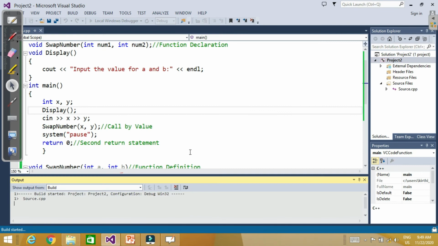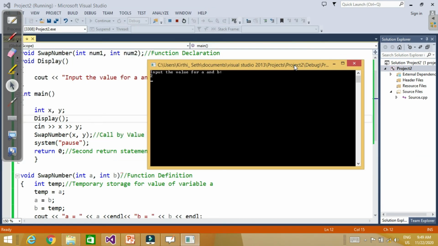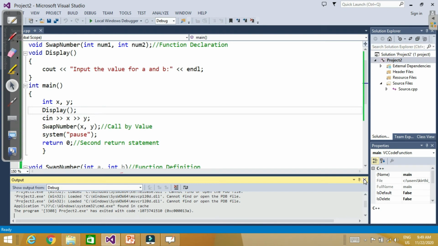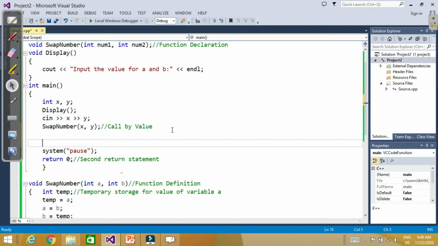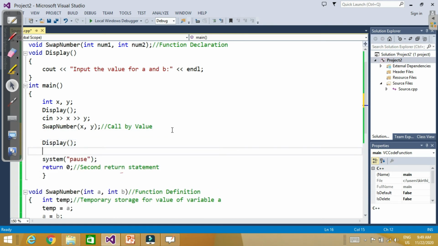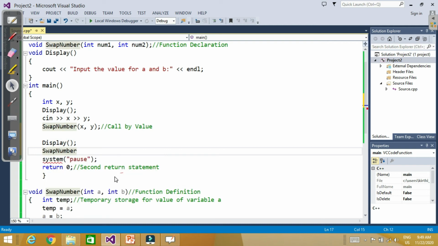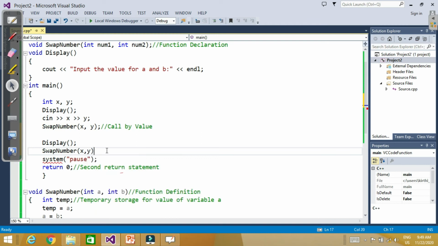Now let's run it. The same thing, it is asking for the value. When we write the value, it swaps these two values. For example, if we need to swap two other numbers again, we can simply call the display function here, and then call swapNumber here. It is up to us how many times we call. Every time it will update the values of x and y, and for the new values it will call swapNumber.